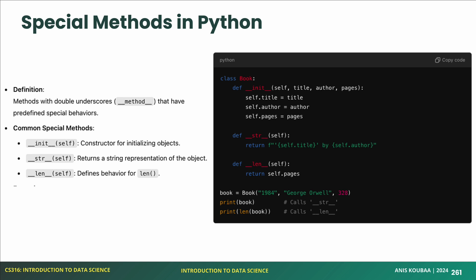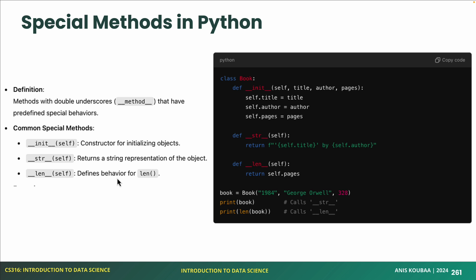There are also special methods in Python, like the toString method that you know in Java. The equivalent of the toString method is the underscore str self, which you can define. If you define this method, when you print an object, it is going to call it. We can also define init, which we have introduced as the constructor to initialize a class. And we also have the length